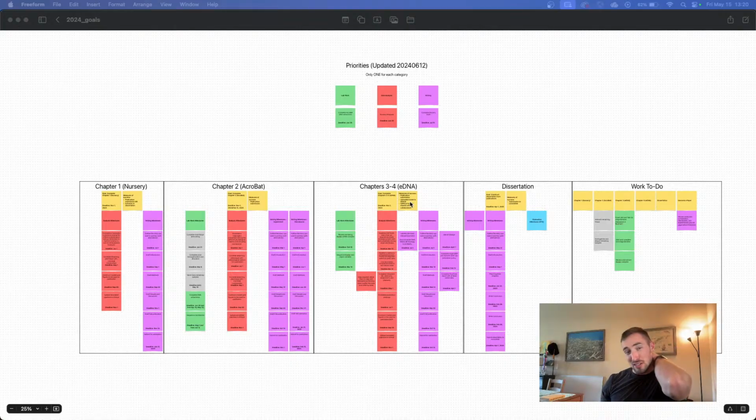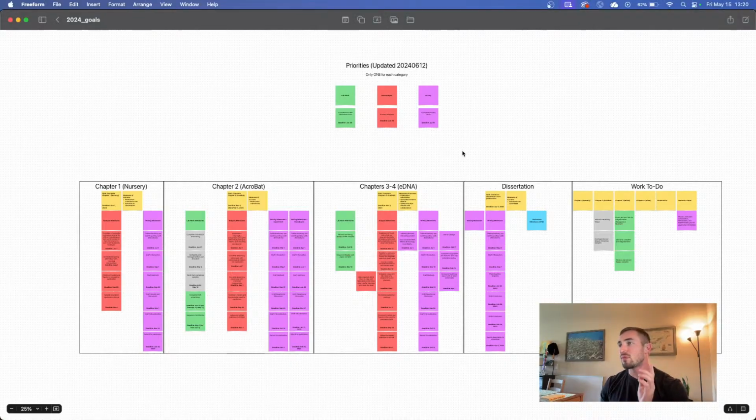I'm probably not using Freeform to its full capabilities, but I guess I have caveman brain, and I just wanted it simple. I wanted it fast and simple, so I use sticky notes for everything. And how I'm going to show you how I go about project planning is we'll focus on